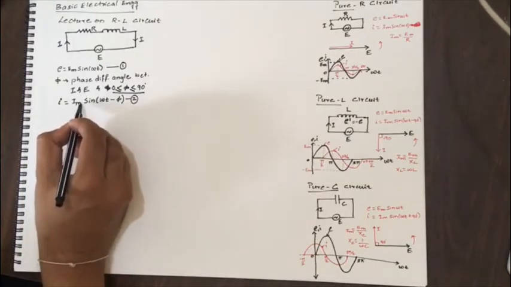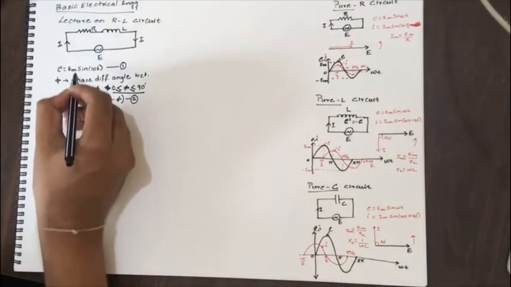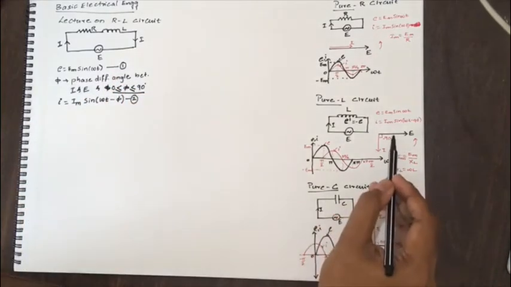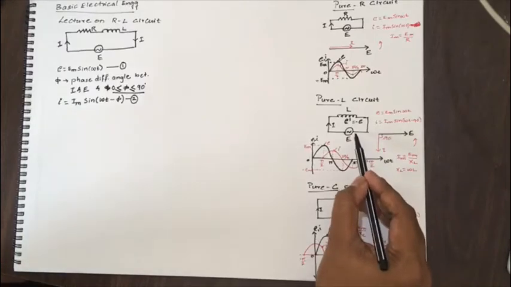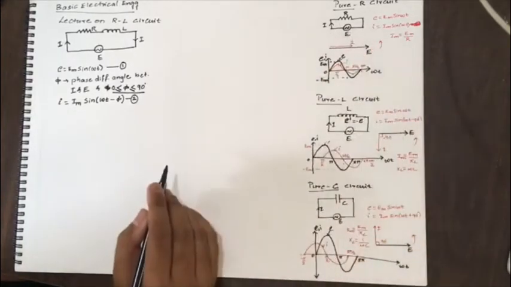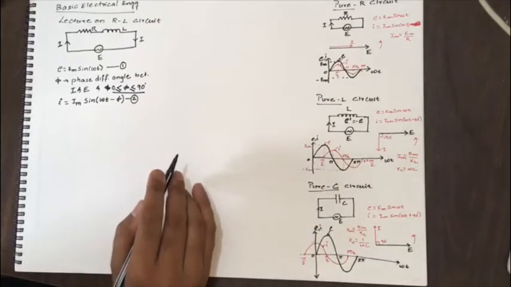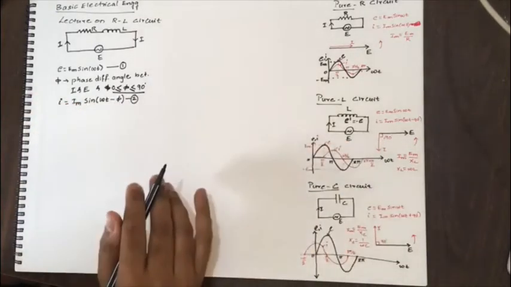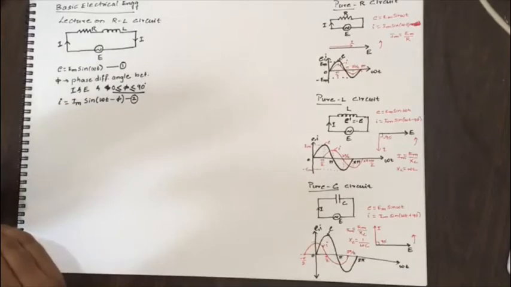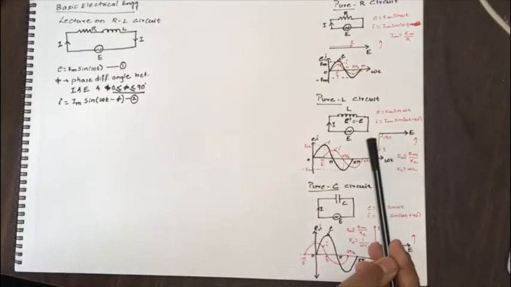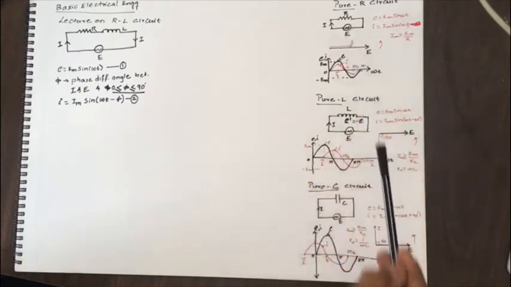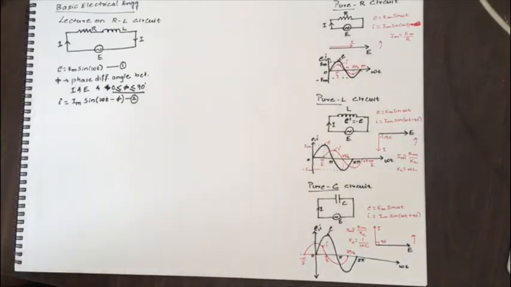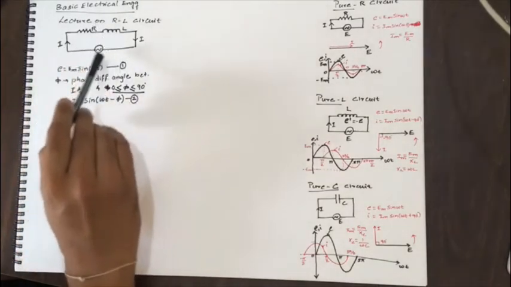Now, drawing the vector diagram for this equation 1 and equation 2. Now, it was very simple here to draw the vector diagram for pure L circuit, pure C circuit and pure R circuit because there were no other elements present. Now, shortly we will see why we have to draw the vector diagram or phasor diagram for a circuit: already we have seen that we can represent the alternating quantities using phasors.